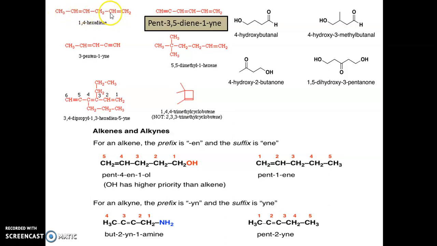Now what is the position of these two double bonded functional groups? The positions are carbon number 1, then carbon number 4, because you are counting the carbon atoms from right to left. So you will find the double bond in carbon number 1, then in carbon number 4. First of all we have to locate the double bonds. So 1, 4. Then two double bonds are there, so diene, and then the main carbon chain 1 2 3 4 5 6